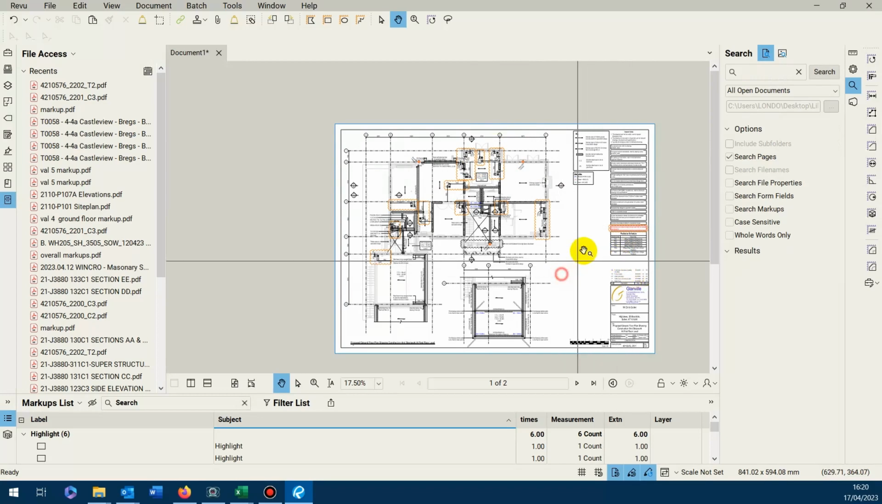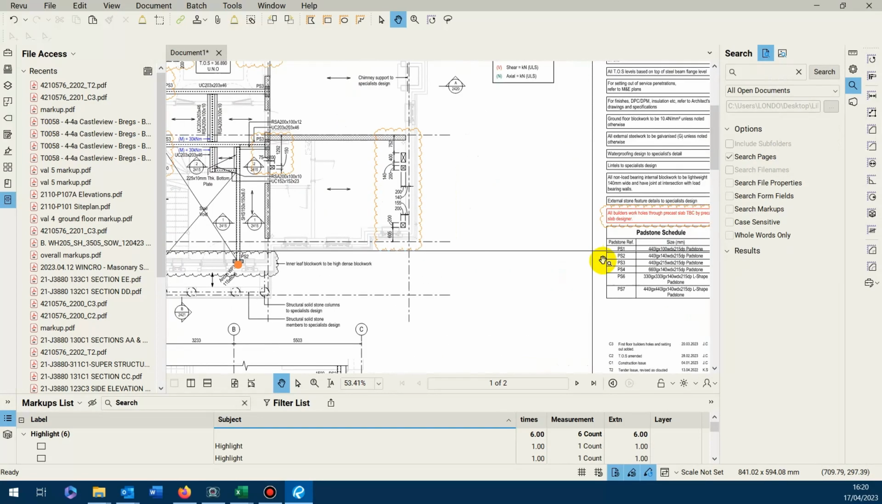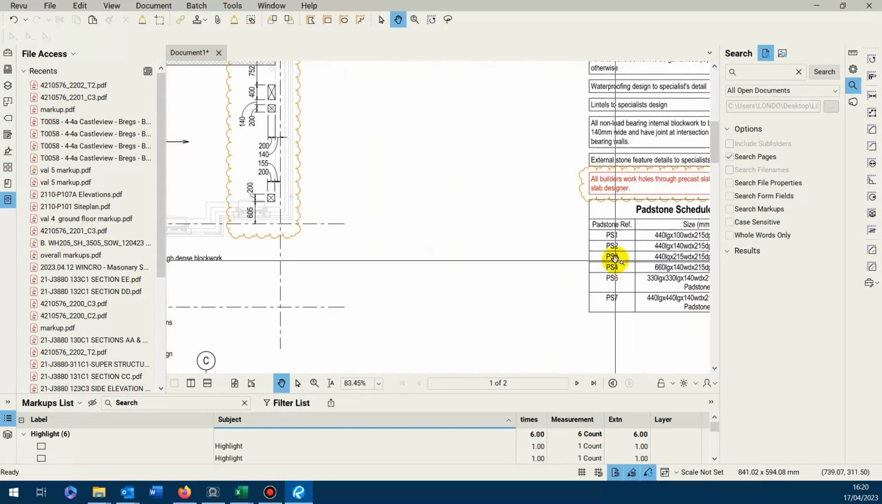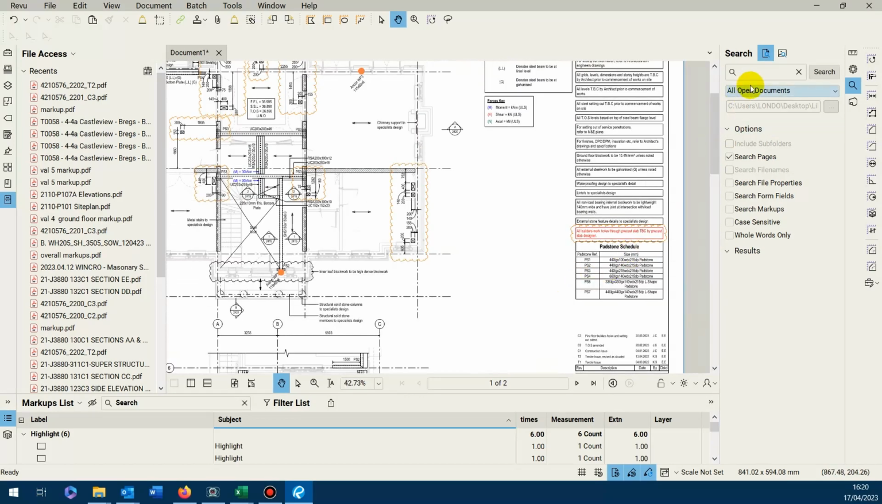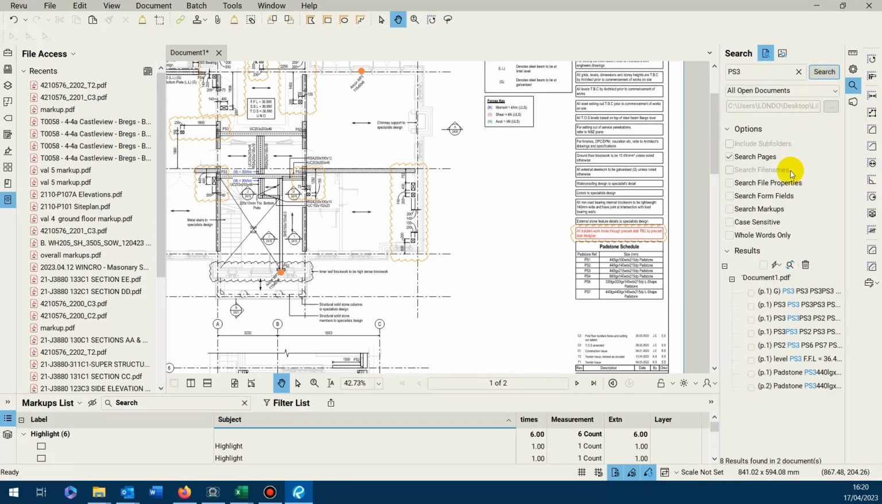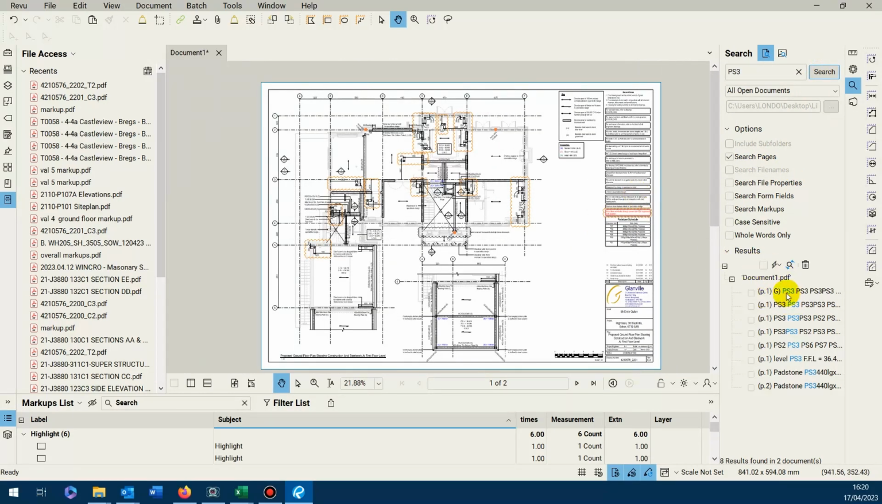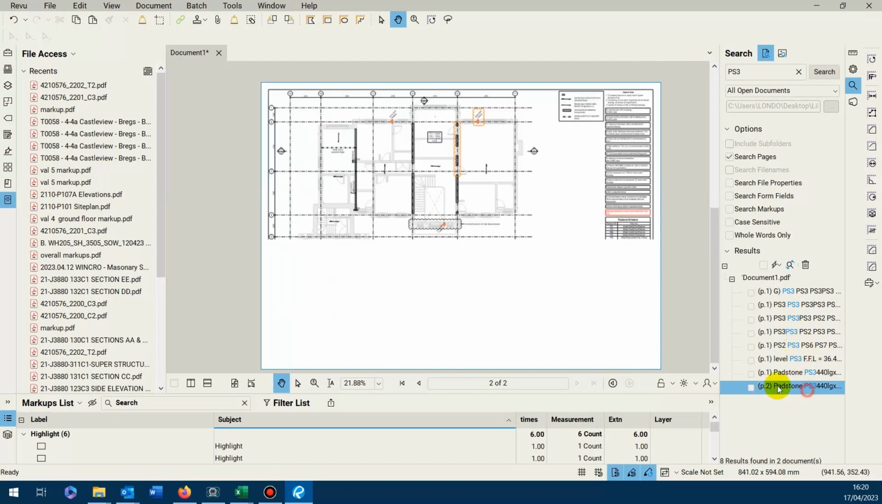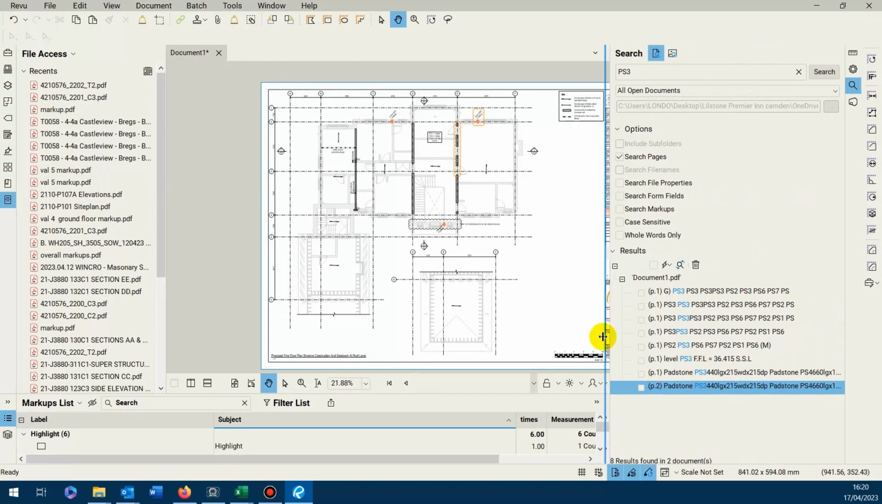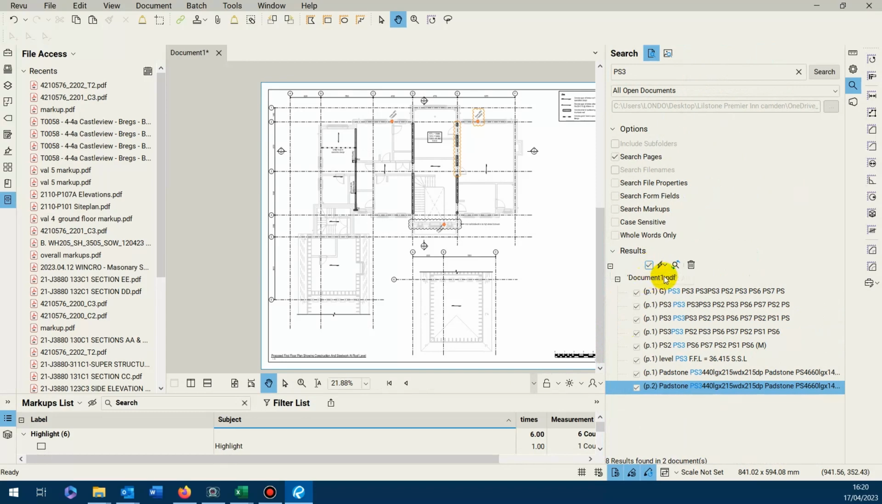There are quite a lot of padstones on this job, so let's search for this particular padstone here, padstone 3. Go in, PS3, search. Again, it's located 1, 2, 3, 4, 5, 6, 7, 8 in that dialog list. So if we highlight them all